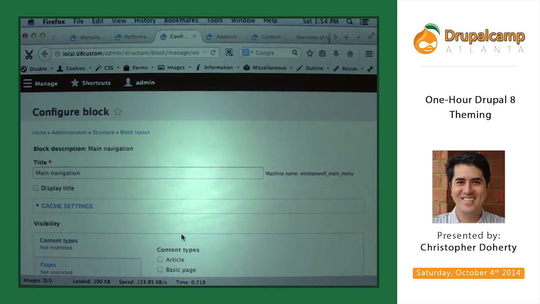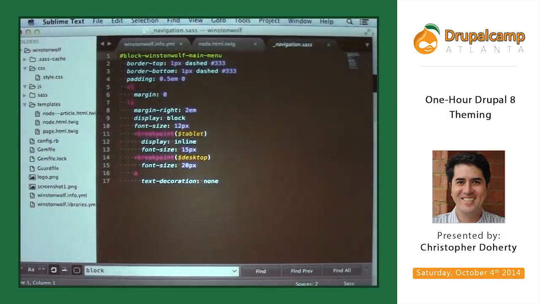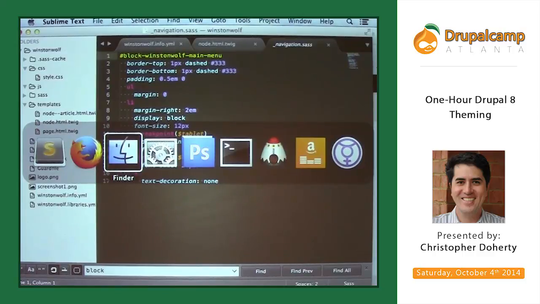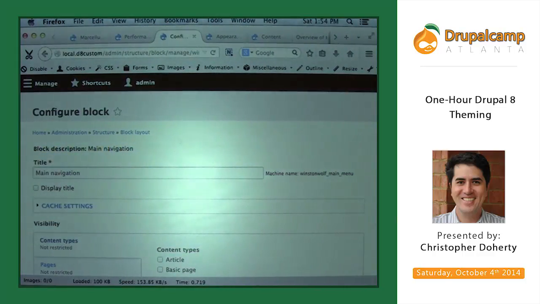What about the preprocess functions and all that stuff, is that reworked? Is that different now? Yeah, I haven't delved too far into doing anything with that, but it would be in the .theme file. I'll go back to the slide, but yeah, there's a template.theme, and that's where you do the preprocess function.